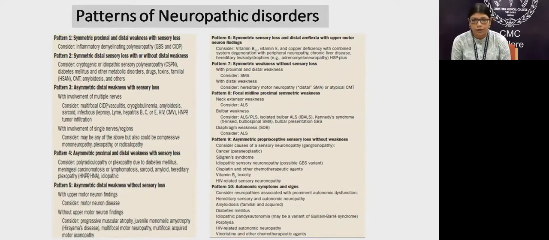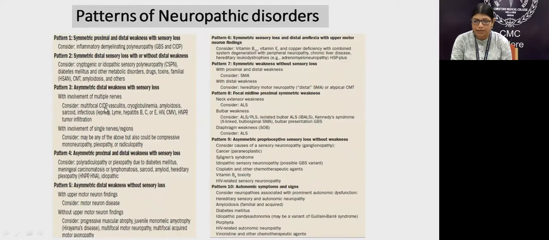And all the metabolic disorders, including drugs and toxins, cause length dependent neuropathy and often present as symmetrical distal sensory loss, most often with distal weakness. The third pattern of neuropathic disorders can present with asymmetric distal weakness with sensory loss. Now this can occur with the involvement of multiple nerves, which is called mononeuritis multiplex,